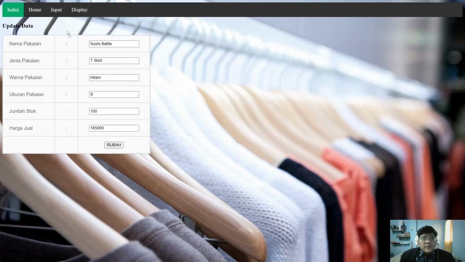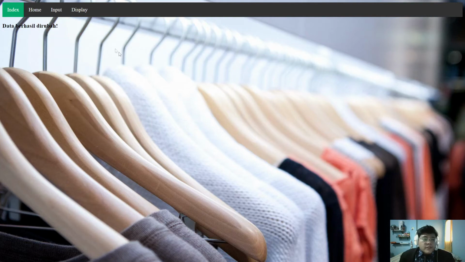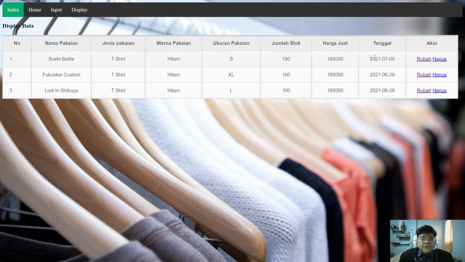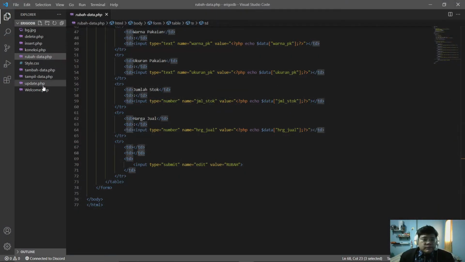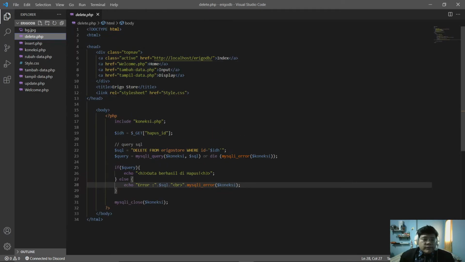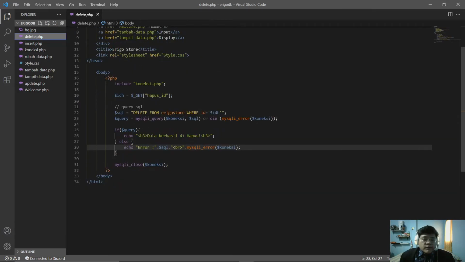The interface is almost the same as the input page. As you can see, the difference is that this only has one button, to update, and when we press this, this message will appear. And for the delete function, we use this SQL delete from our table.